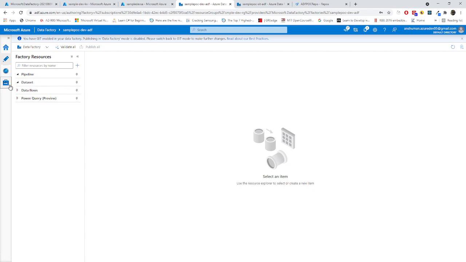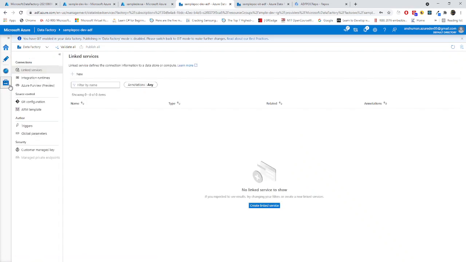Right now I'm choosing it, and you can see that there are no linked services over here. Why? Because you have already seen the table. It was showing that if you are using Key Vault, these linked services will not be available here until you publish. If you have not used any kind of Key Vault, it can directly be used over here.